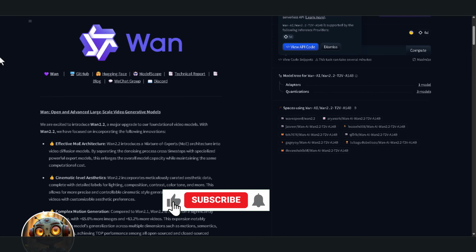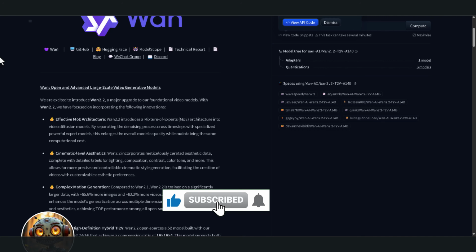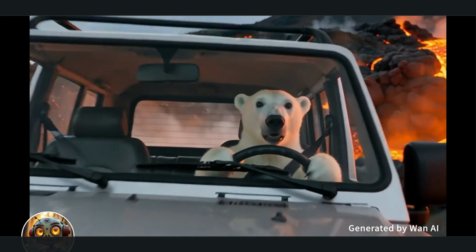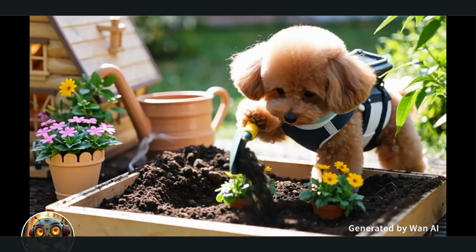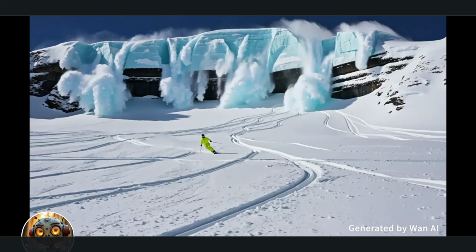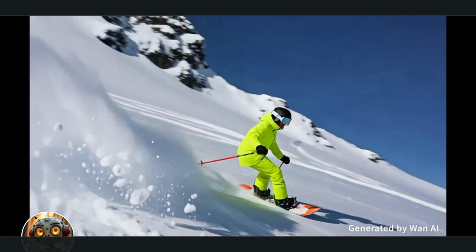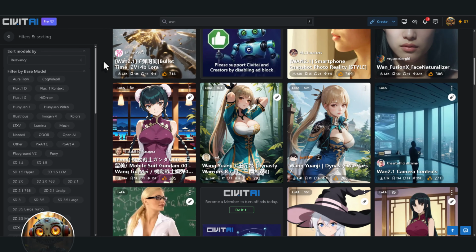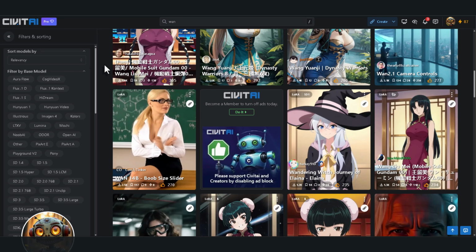So by now, we know that the Wan2.2 model features a mixture of experts architecture. And what that really means is that this new model can handle both text to video and image to video with a lot more finesse. This translates to cleaner, sharper visuals and motion that feels much more natural. And I just found out that Loras work perfectly fine with Wan2.2, which means we can actually push this even